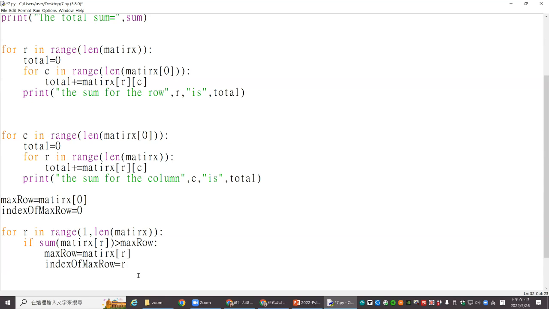So the logic is we set the first one as the max. If anyone is larger than that, we replace it, and we find it from the next, so the range will go from 1 till the end of the matrix. Okay, so finally, when the loop is finished, we will say that the max row is